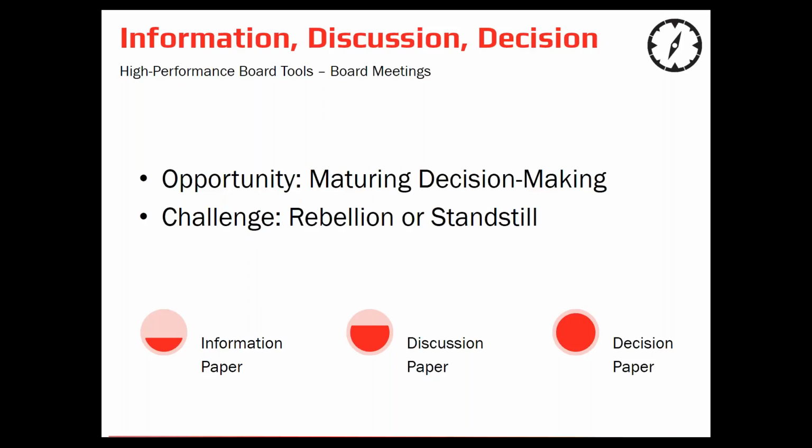So not every decision reaches the board through this process. That would take too long. But it's starting to think around, at least some decision papers should have had some backstory. They don't just arrive at a decision paper out the blue, unless the board has mandated you to go ahead and propose a decision without having any kind of discussion. But usually things like coming up with a policy, there'll be some kind of discussion at a board level to give you some guiding principles as an MD, and then the MD would then take that and refashion that and present it as a final paper to be approved.